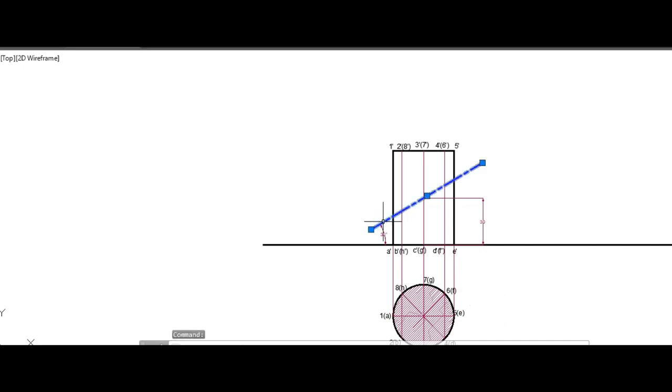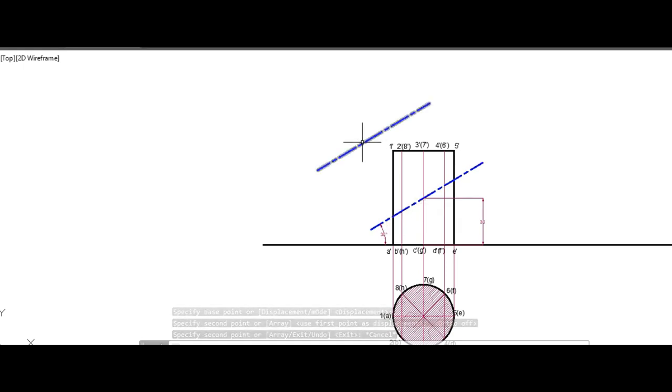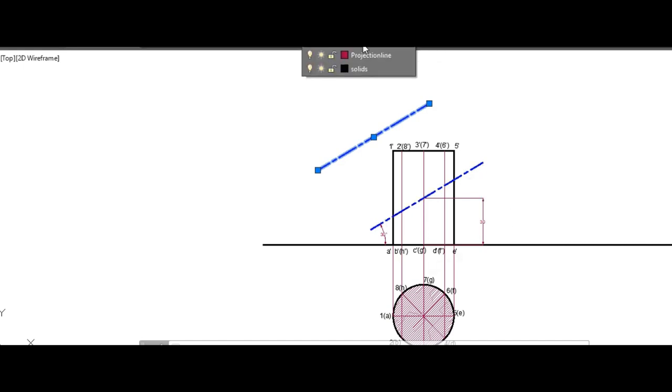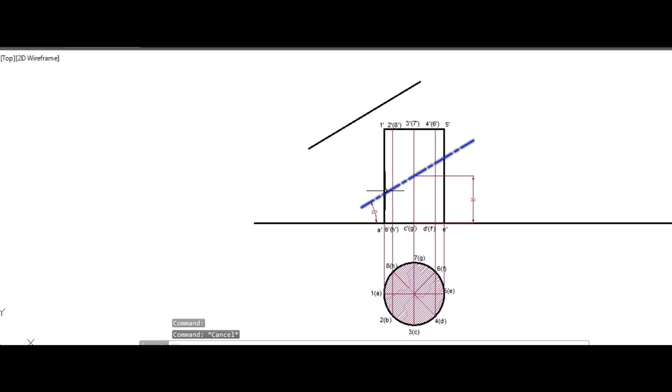To draw the true shape, you have to draw a reference line X dash Y dash parallel to your section plane. So this is my reference plane. Now wherever it cuts, you have to project it perpendicularly. It cuts at 1, 2, 3, 4, 5 locations.